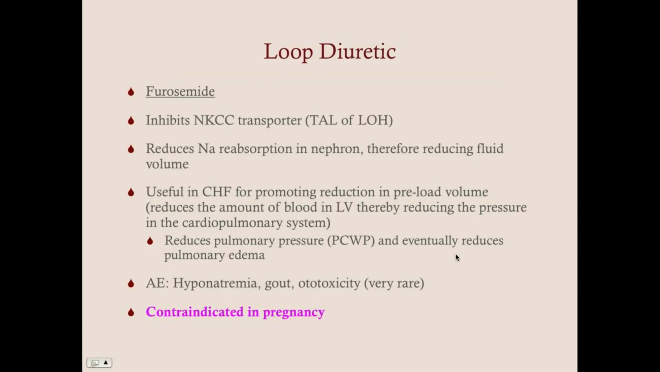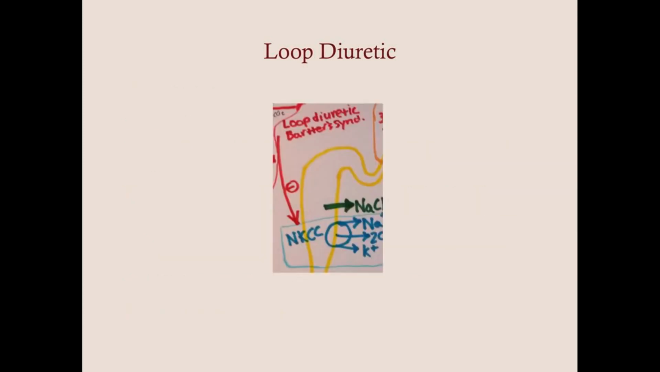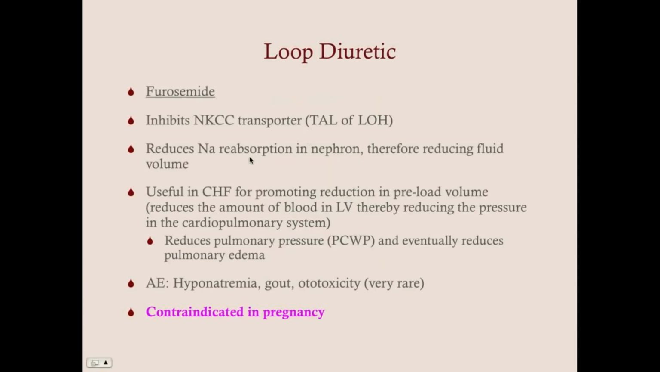The loop diuretics, we tend to use furosemide, and what loop diuretics do is that they inhibit the NKCC transporter in the nephron. And remember what the NKCC transporter is: it's in the thick ascending loop of Henle, and it brings in sodium, 2 chlorides, and 1 potassium. So loop diuretics block that, and because we block the reabsorption of sodium, we will reduce our fluid volume because